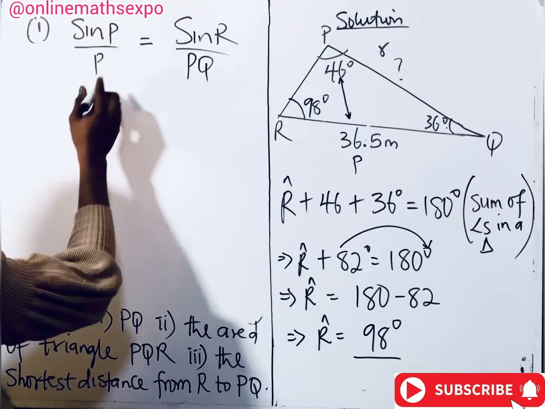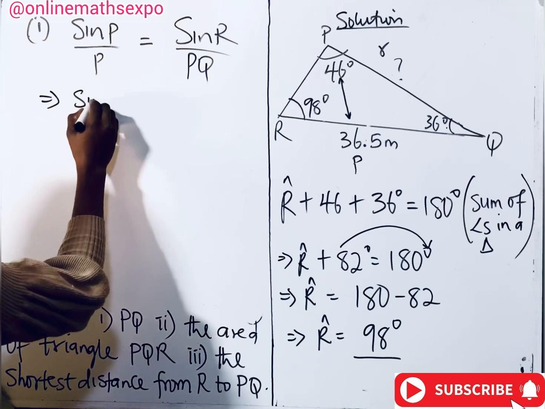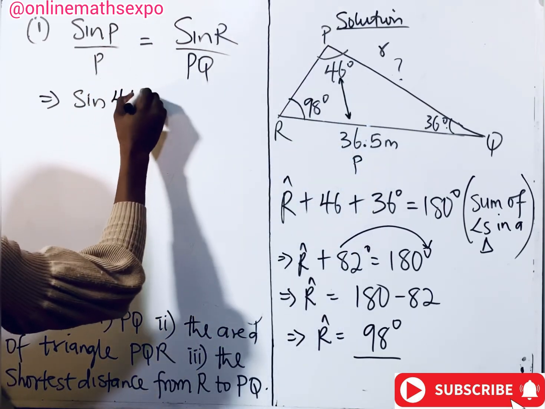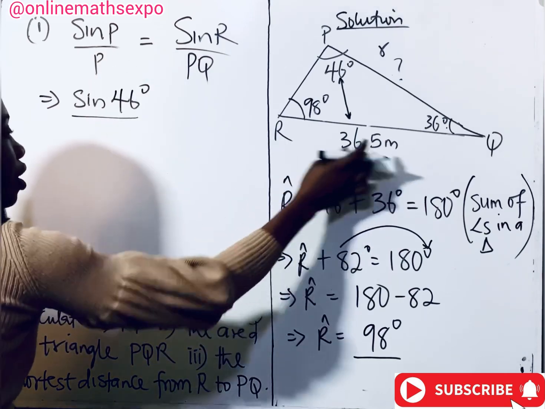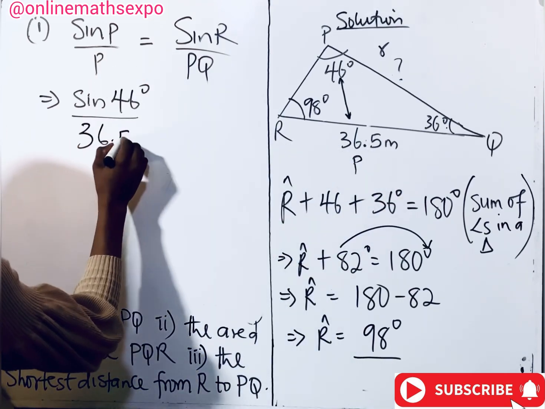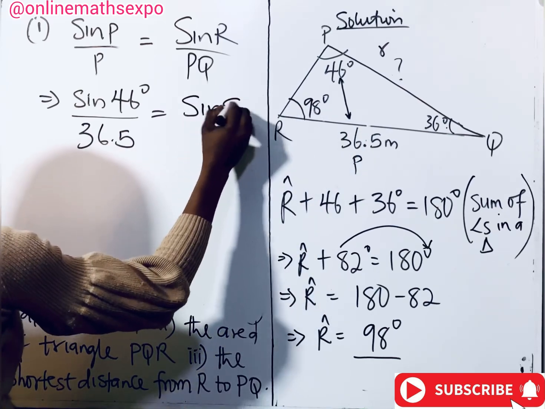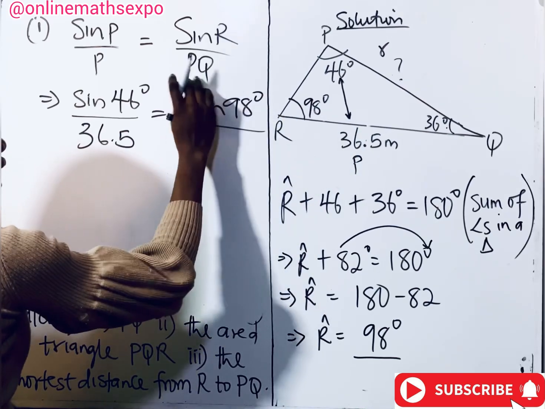So we're going to have sine of angle P, which is 46 degrees, over side P, which is 36.5, is equal to sine of R, which is sine 98 degrees, over our PQ,